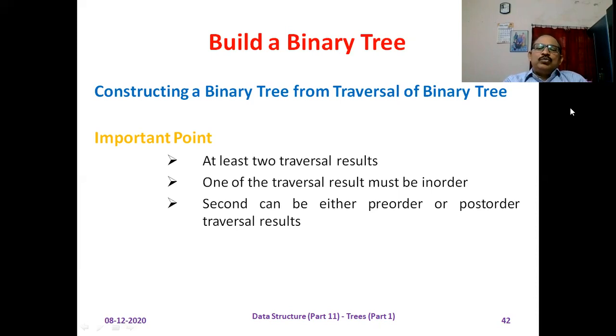In the pre-order traversal sequence, the first node gives the idea of the root of the entire binary tree. First thing. And the last node in the post-order traversal sequence gives the idea of the root of the binary tree. Keep this point in your mind. Next, the in-order traversal sequence is used to determine the nodes of the left subtree of the root node and the nodes of the right subtree of the root node.